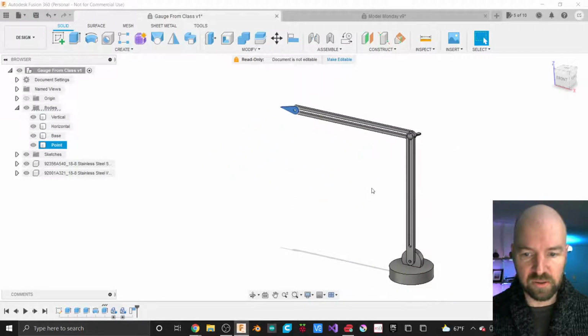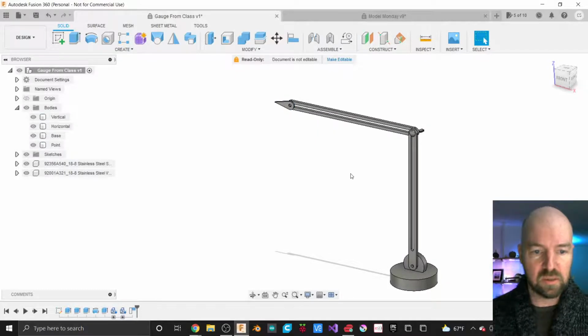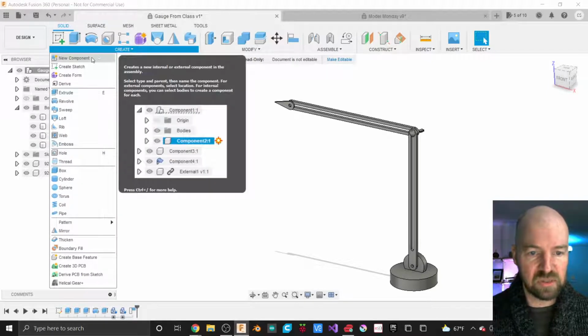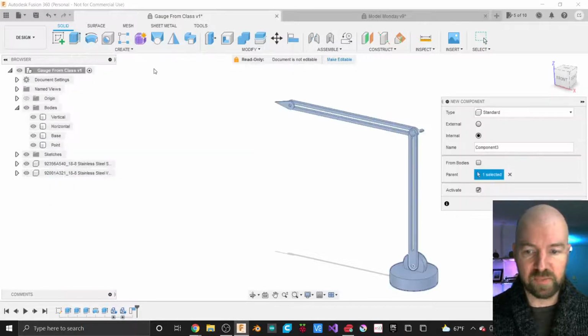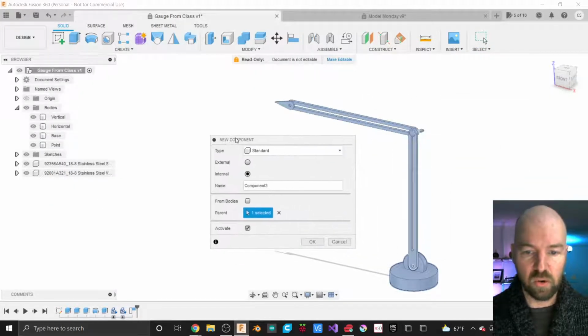And we're going to convert all those into components. I'm going to do so by clicking on the Create menu and then choosing New Component. So we could have made new components right from the start. Sometimes that's really handy, but this option here in the New Component window will let us, instead of making a brand new component where it gives me the option to name this component, there is a little checkbox here